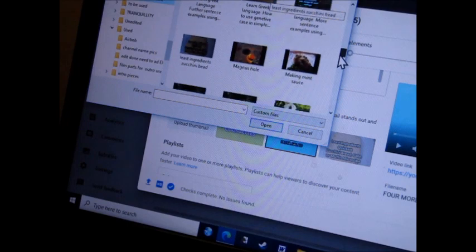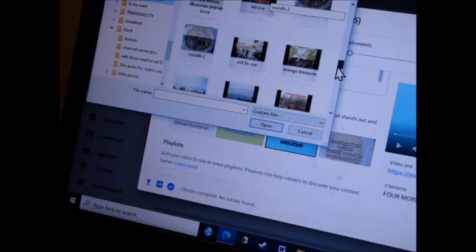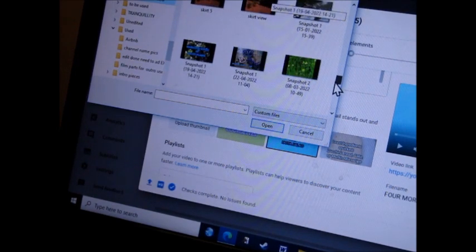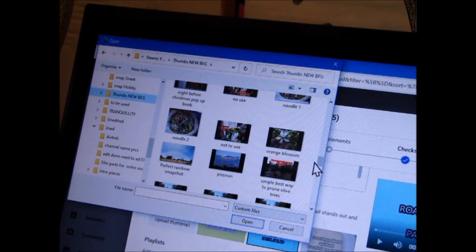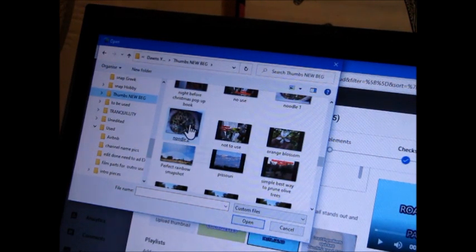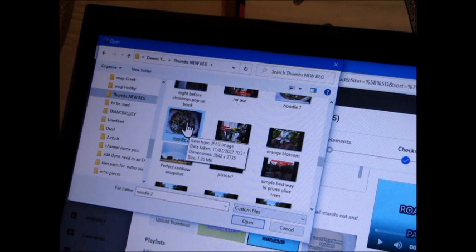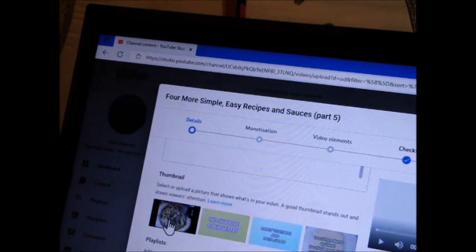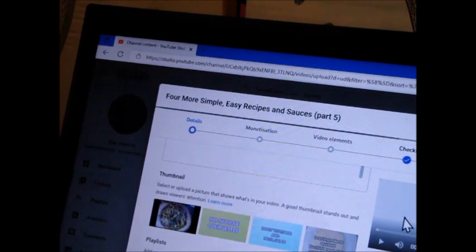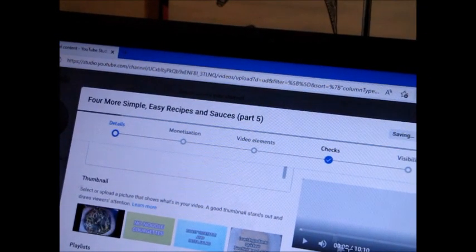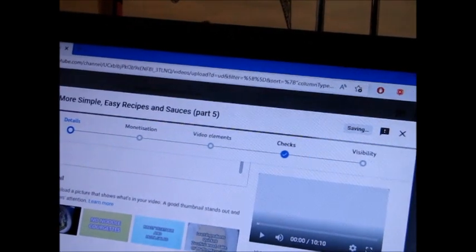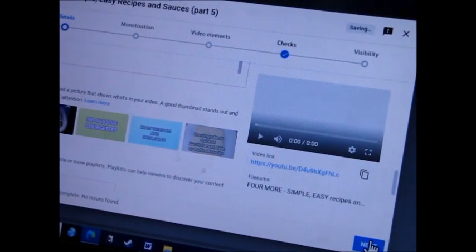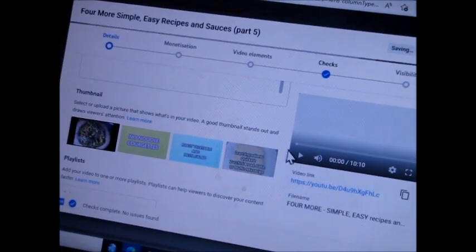And these again are in alphabetical order, so as I make the film I actually write down what I've called the thumbnail. The thumbnail I chose to use for this one, I'd already snapshot to save, and it's the picture from the noodle recipe that is included. So you click on it and it comes up automatically. Don't worry, it doesn't come up yet over on the right. You can click next down the bottom, and then come back again and you'll see it pop up, but that doesn't matter for now anyway.